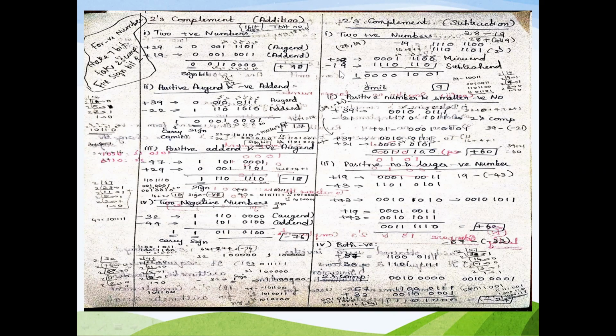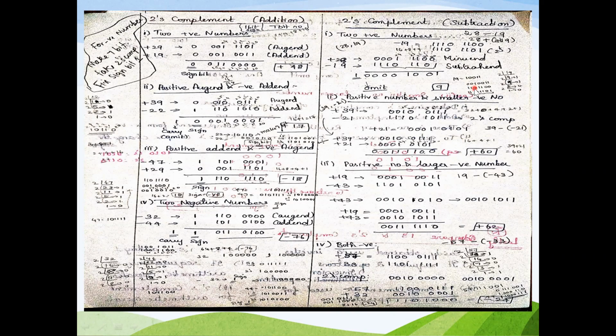28 I am taking the usual way, the same procedure as you are representing here. Minus 19, in the same way, we find it for 19. To calculate the value of 19, I am dividing by means of successive division by 2. I got the answer as 10011. So 10011 is 19 and it has only 5 bits. I have said it must be 7 bits, so I have appended 2 zeros at the front.